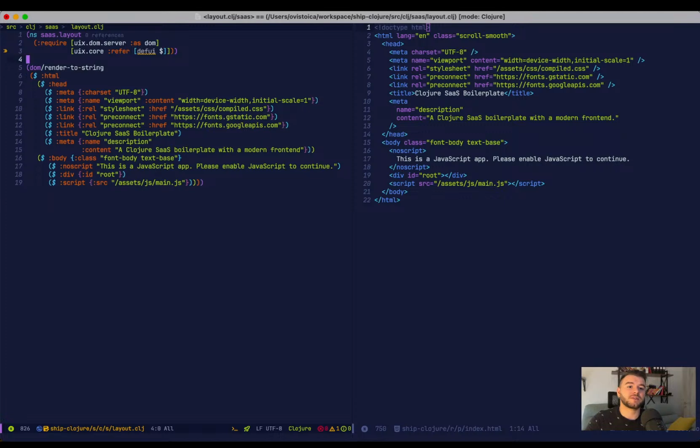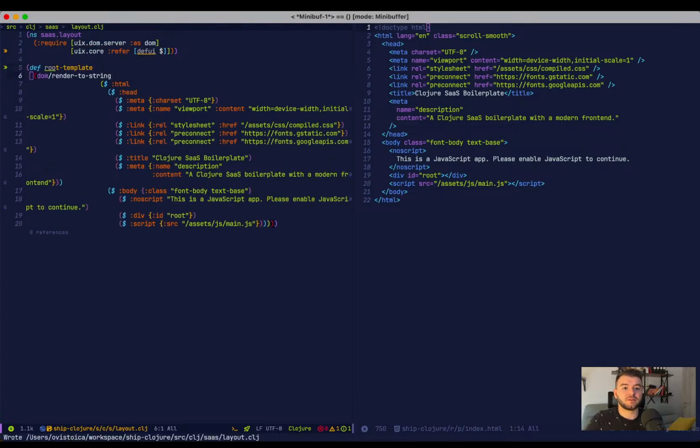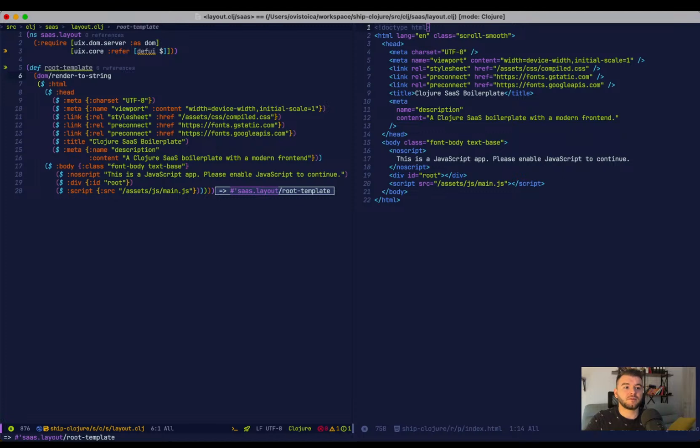So we could say, yeah, def root template, maybe put it here. Okay, so we have this, and now let's serve this. Will it still have access to public resources? I actually don't know. Okay,